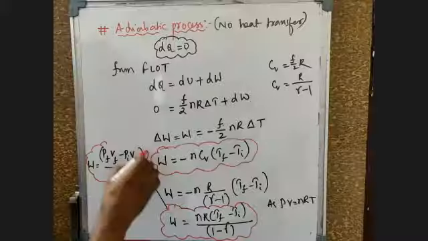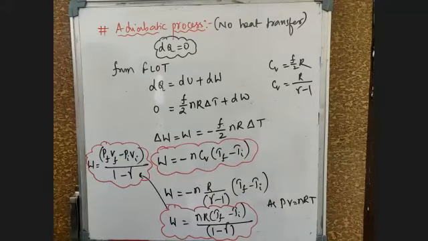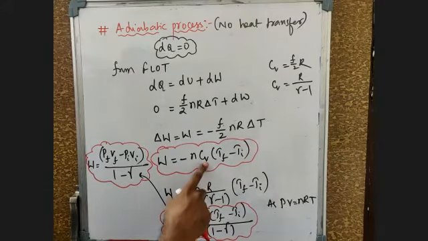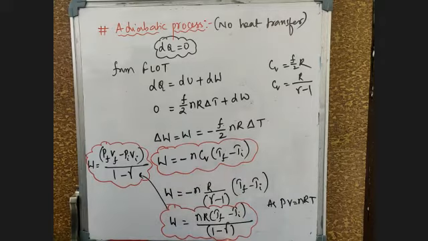Yes, sir. So we got three different forms in which I can write the work done by an adiabatic process. If CV is given directly, you can use the first formula. If gamma value and temperature are given, you can use this formula. If gamma, pressure and volumes are given, you can use this formula. So these are the different forms of work done in the adiabatic process for the given condition. Is it clear, beta? Yes, sir.